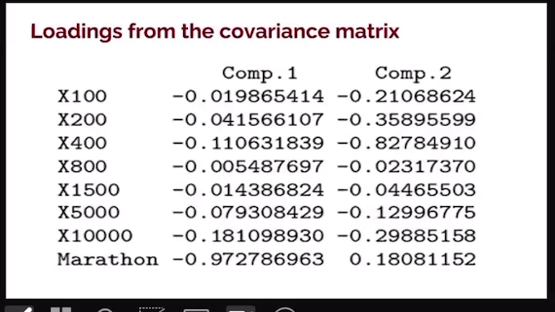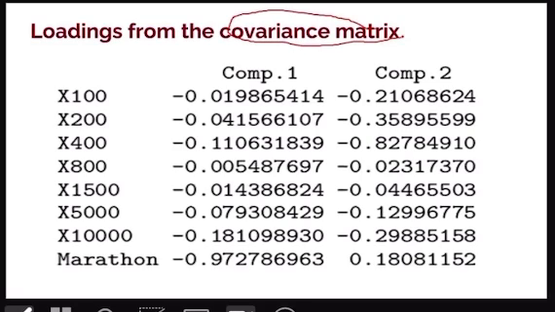Now, I need you to pay attention. I did not provide any hard code in this lecture material; the code will be in the lab. But I want to assume that we have used code, and what I want to show you right now is the loadings. This particular one, I used the covariance matrix. Why do I use the covariance matrix? Maybe because